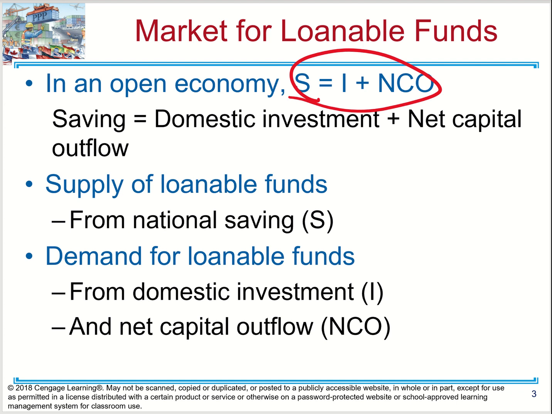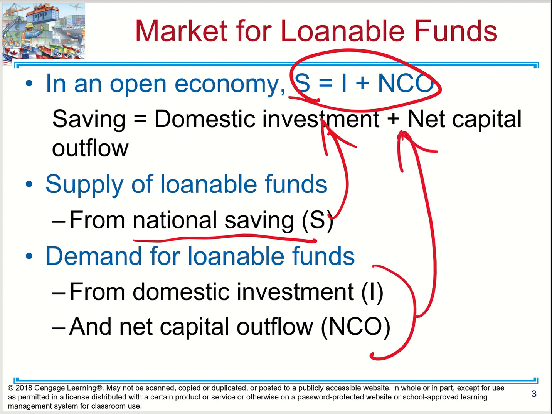In this equation, the S stands for saving, so this is your national saving. This is the supply side of the equation, so this is how much money we're supplying into the market. And then on the right side, the I plus NCO is the demand side of the equation. That's how much money we're demanding from the market. So again, saving is the supply side, how much money we're supplying to the market, and I plus NCO is your demand side, how much we want to borrow from the